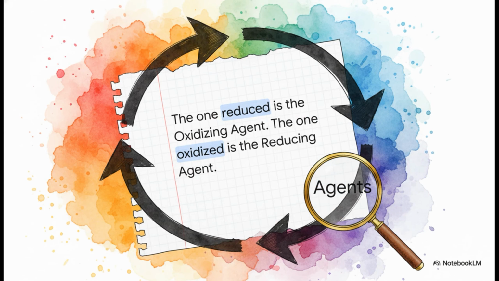Now here's the thing. Tests love to trick you by asking you to identify the agents in these reactions. Who's the oxidizing agent and who's the reducing agent? Well, there's a totally fail-proof method for this. From the source, the Akshay Kumar swipe trick. You literally just flip the terms. The substance that gets reduced is the oxidizing agent, and the substance that gets oxidized is the reducing agent. Why does this work? Because the guy who loses his oxygen, the one who gets reduced, is the very agent that provided the oxygen for the other guy to get oxidized. Just swipe and flip the terms, and I promise you'll never get it wrong.